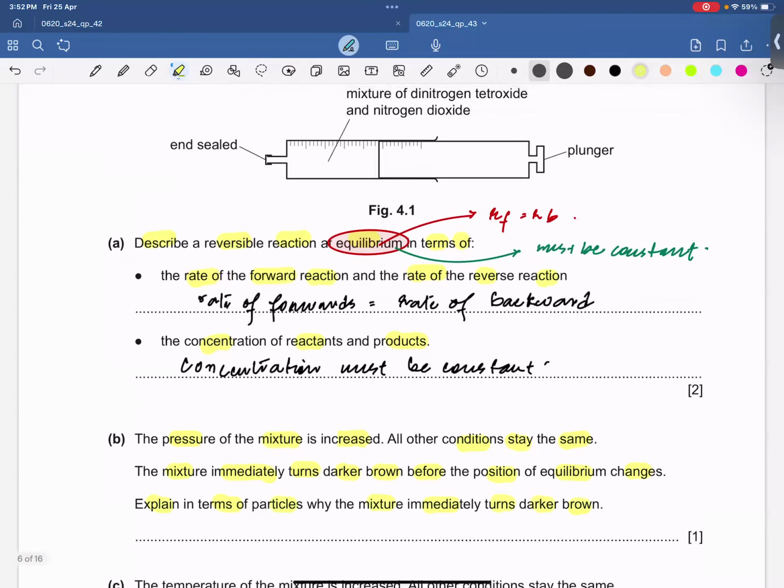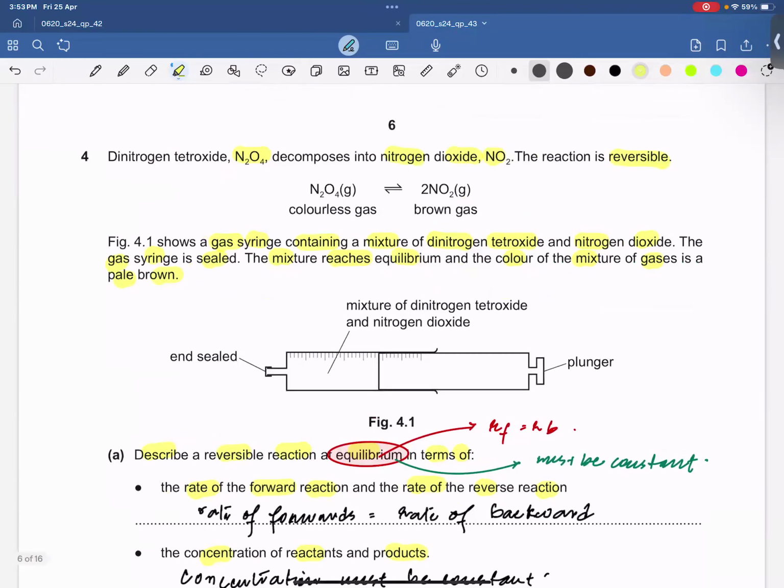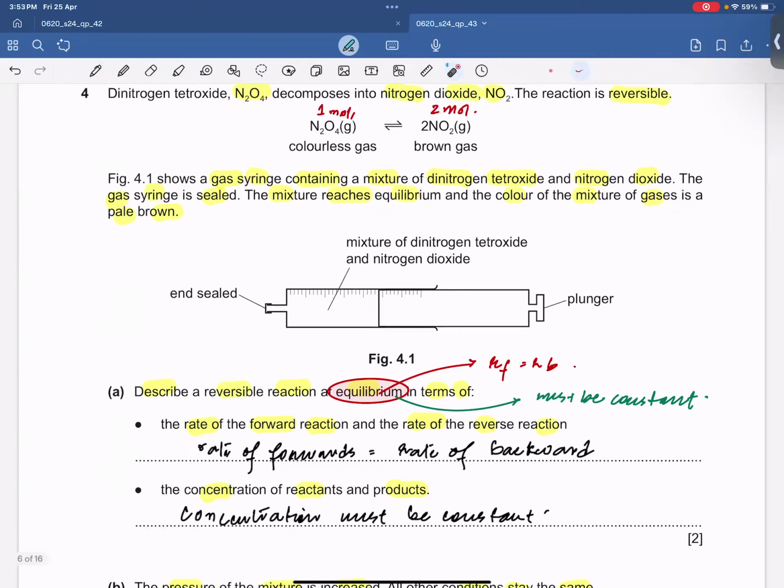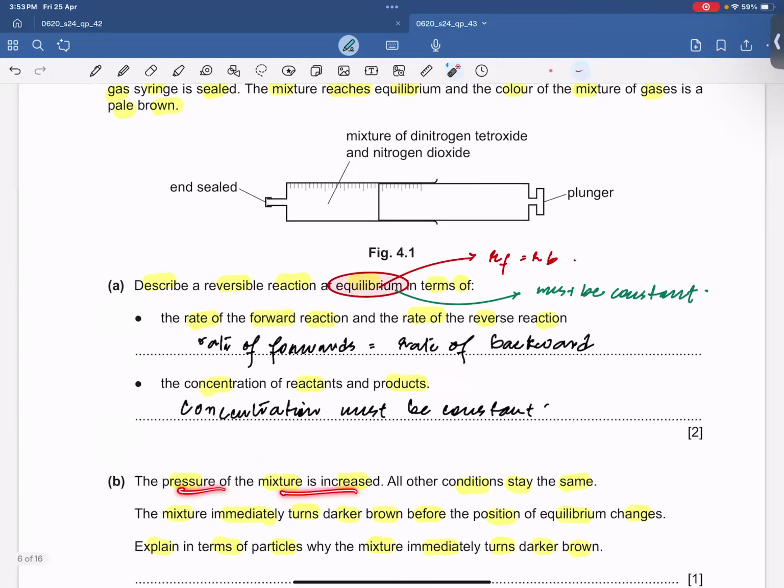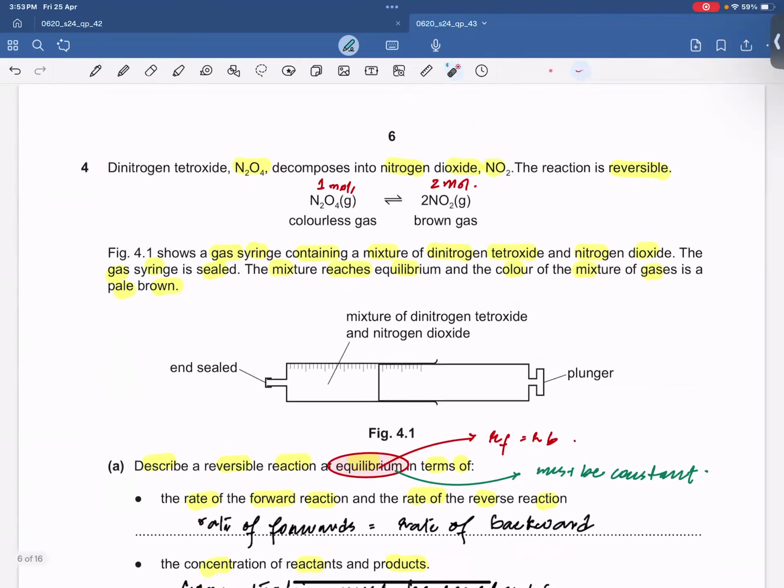So look at the equation first. We have 1 mole here and we have 2 moles of gases here. All right. So when you increase the pressure, equilibrium favors the direction where we have fewer moles. Ultimately, equilibrium moves towards the left hand side, and as a result, brown gas will turn to colorless, which is why